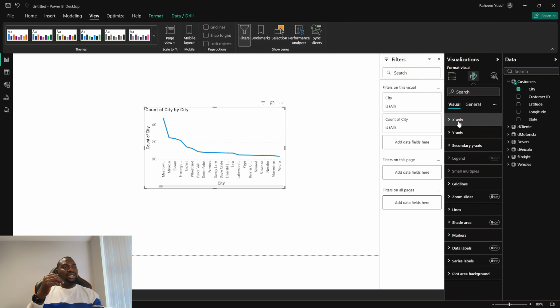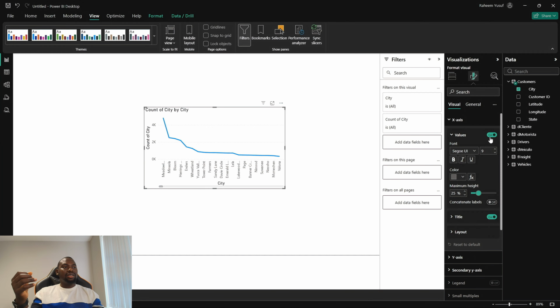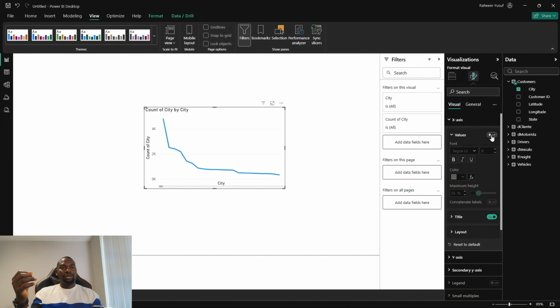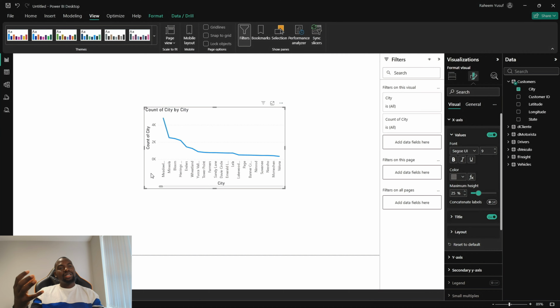We have this x-axis, and when we look at the build visual tab, we added something to the x-axis, and then we can control, change or format what we have added to it. For example, we expand this, and then we can either turn on the value or turn it off. If you turn this off, then everything that is x-axis disappears. If you turn it on again, then we can see the names of the cities, which are the x-axis,